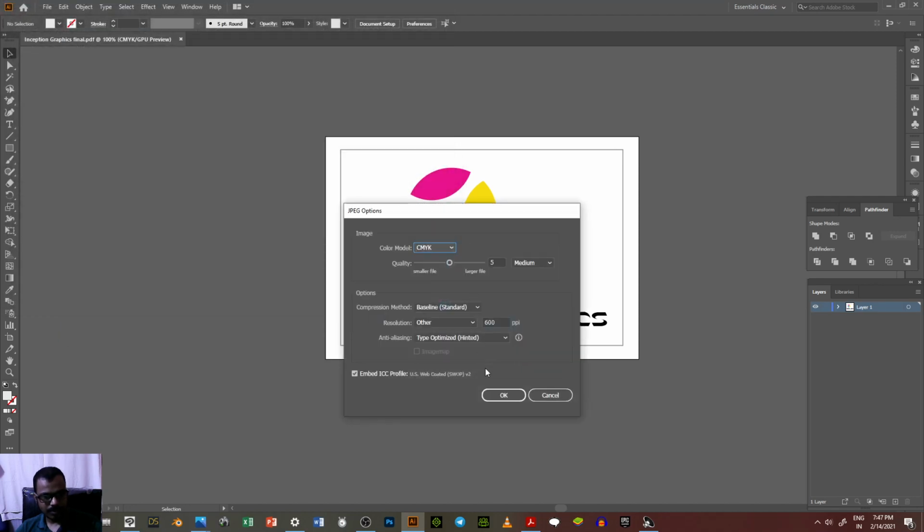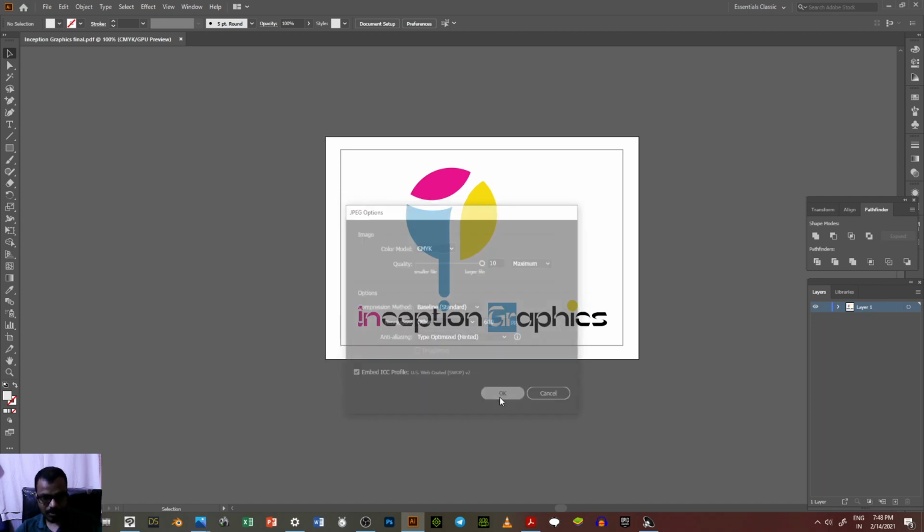Export CMYK. Yes, CMYK is good for printable versions, and I prefer it for a logo because it may be printed on visiting cards, t-shirts, wherever we need to print it physically. So CMYK format is good for that. Quality maximum, standard 600 ppi, fine. Okay,